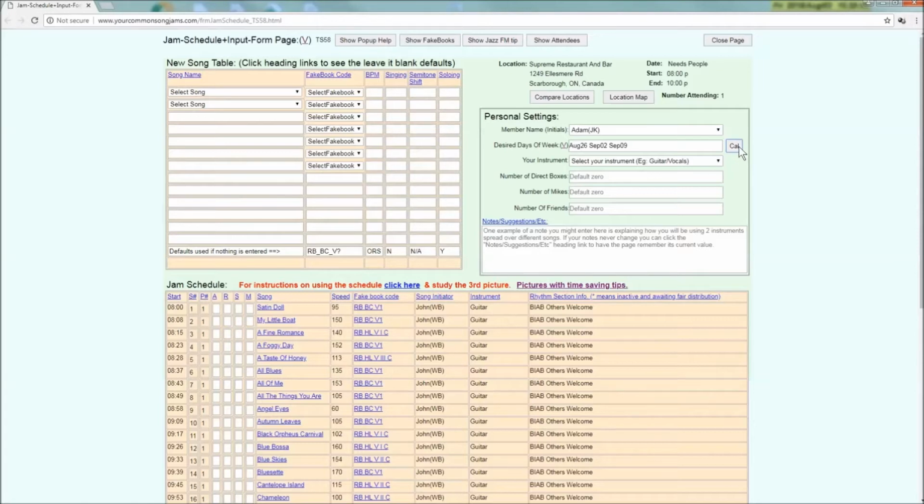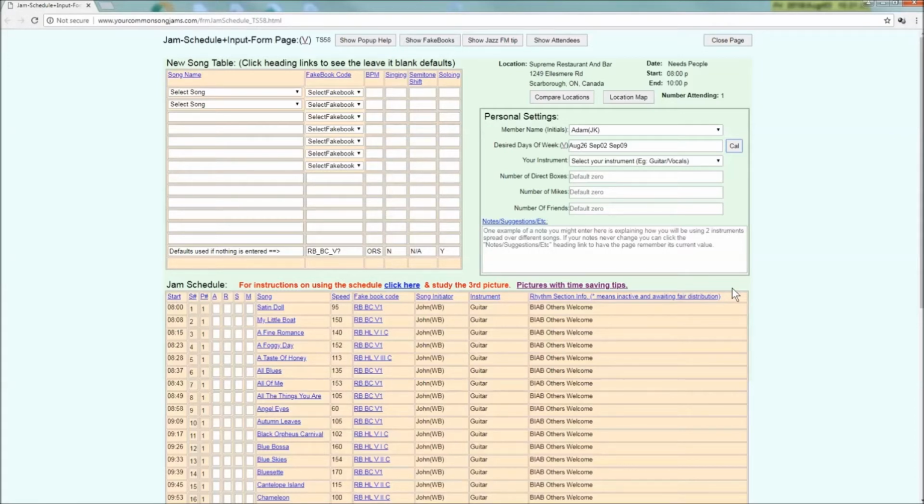Of course, if you have to go to your actual calendar and see if you're available, that's going to take longer, but I have no idea of how long that will take. Okay, so at this point, you'll possibly create a special message, just like a regular email. You'll come over here and enter any new songs using the defaults, if you have any new songs, or you will participate in existing songs by clicking on these fields to show the R, S, or M, or click the A to show all. And you're done, and then at that point, you'll click the Send Email button, which gives